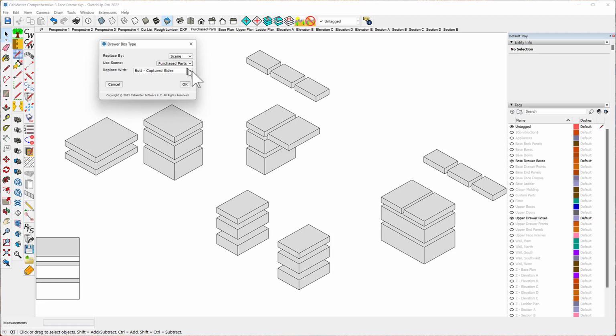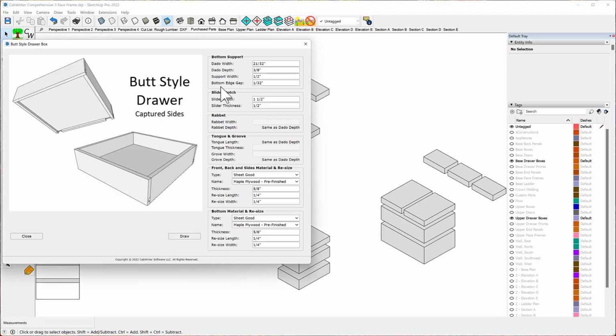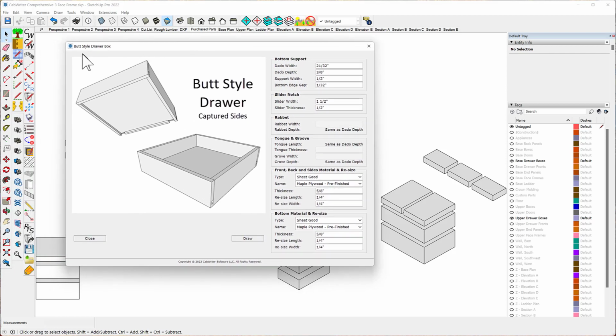And I can select any kind of box that I want here, but I'm going to select the simple box, just a butt style box. Now, I want to explain this a little bit. This is the butt style draw box dialog box. And there's a couple of things you've got to be aware of here. When you change these simple boxes into this type of box,